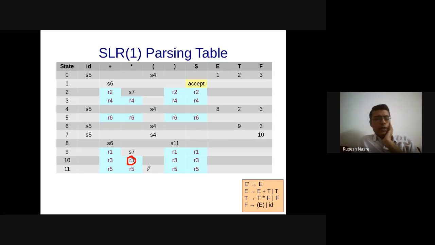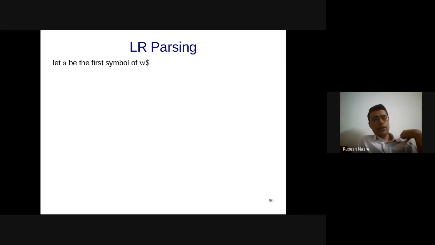What do we do with it? Well, as you start from state 0, whenever the next input symbol comes, you apply it, based on the next input token, maybe ID and so on, to decide whether I need to shift or go to a particular different state, whether I need to reduce, and finally whether I need to accept and so on. So all of these we apply by using this parsing table. I'm going to show you the algorithm corresponding to that LR parsing, and after that I'll summarize what all we did.